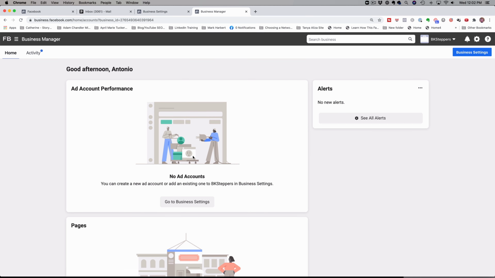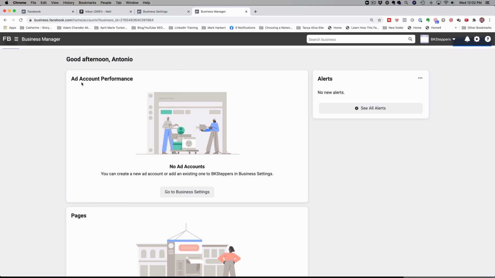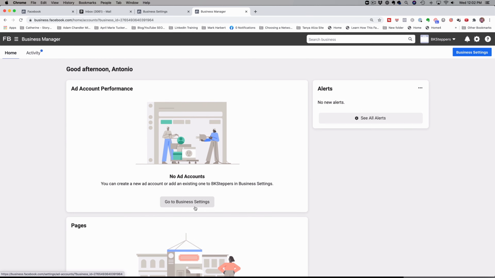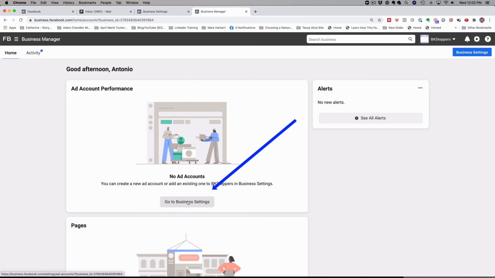All right, so here we are inside the business manager, and you can see the ad account performance, pages attached, which are none. And so what you want to go ahead and do is go to business settings and add ad accounts and pages. If I go to business settings here by clicking on this button here,